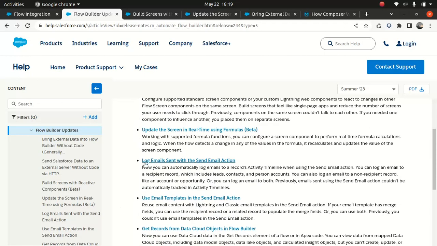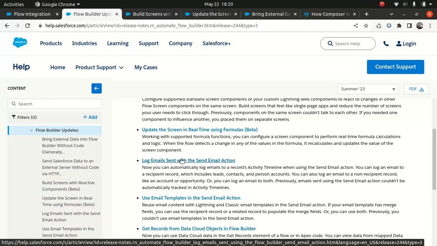Then we have use the screen in real time using formula. So it's like you can work with supported formula function. You can configure a screen component to perform real time formula calculation. So when a flow detects a change, it will recalculate and update the value of the screen component. So you can control the flow screen component value and even trigger the recalculation based on the formula function. And log, so you can log event,